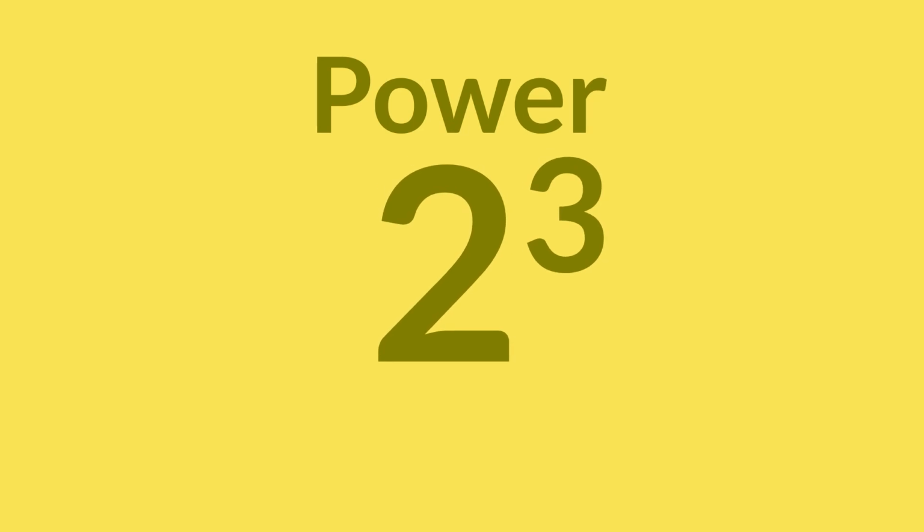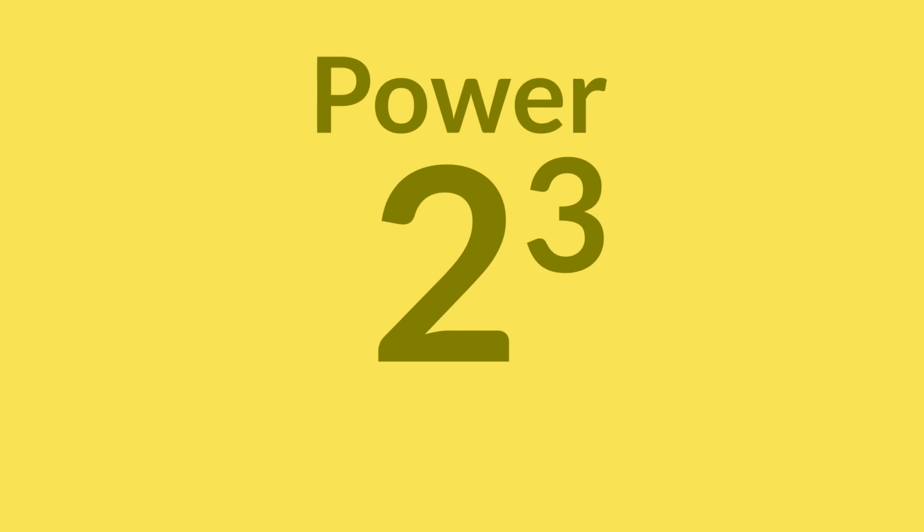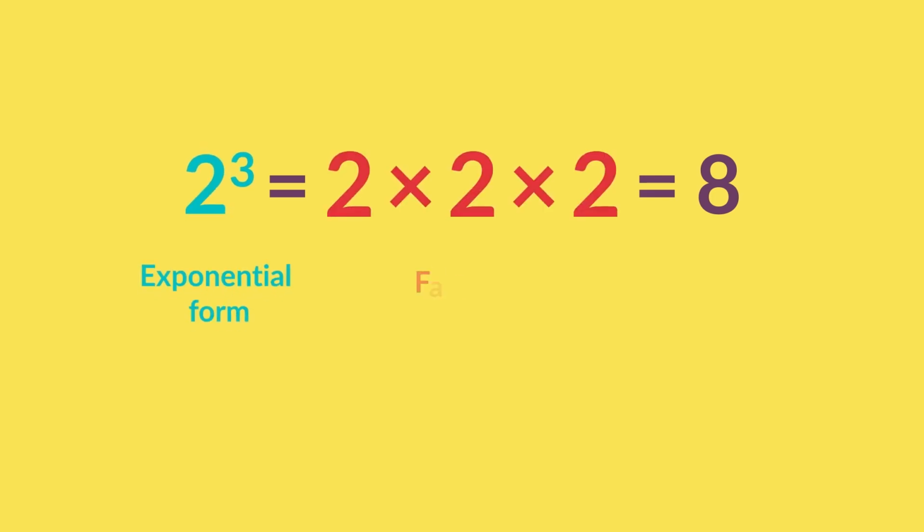Here we can say this is 2 raised to the third power, 2 to the power of 3, or simply 2 cubed. Numbers can be written in different ways. 2 to the power of 3 is equal to 2 times 2 times 2, which is equal to 8. The number written with the exponent is said to be in exponential form. With the product of its factors, it is in factored form,